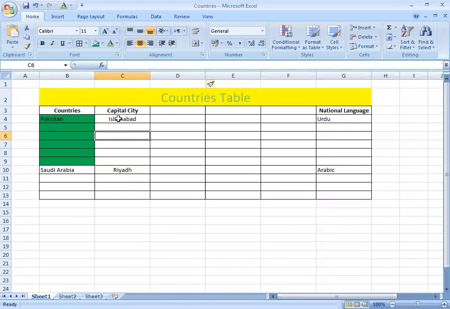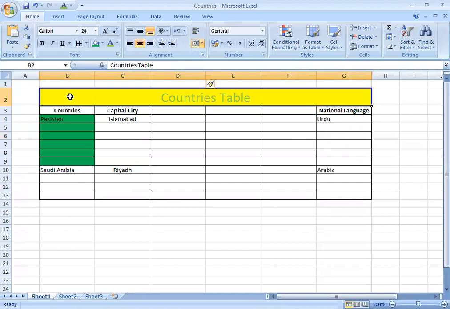So how can you do it? See this. You see that these cells from B2 till G2, these are all shown as a single cell. These cells B2, C2, D2, E2, F2, and G2 are all merged.